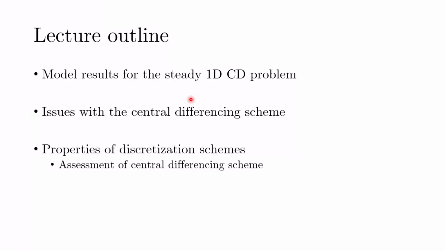So in the lecture today, I would highlight that central differencing scheme is valid for these kinds of problems only for a certain range of parameters. So we'll look at that. And finally, we would look at the various properties of the discretization scheme, and in that we would assess why there were issues with the central differencing scheme so that we could figure out the root cause of the problem. So the lecture today would be oriented more towards understanding the numerical schemes, but will also give a glimpse of the problem itself.